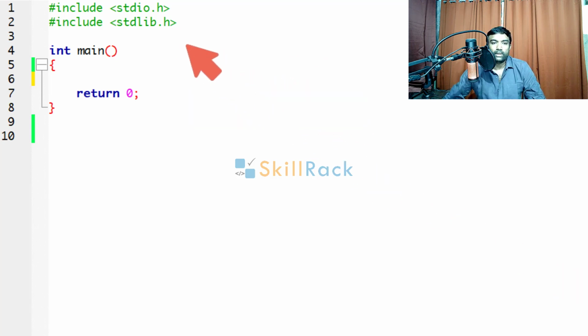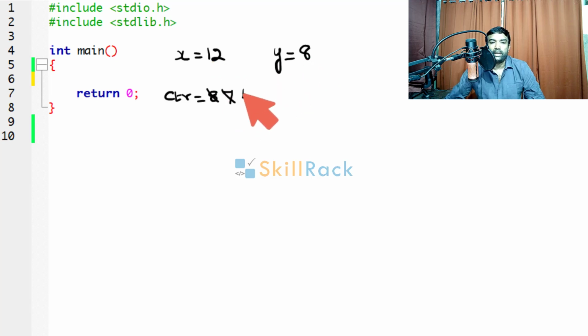Let us take one more example. So x will be 12 and y will be 8. So which is the smaller value? It is 8. So counter is equal to 8. Is 8 dividing 12? No. Then decrease the value. 7 dividing 12? No. 6? Yes, it is dividing 12, but it is not dividing 8. So decrease further. 5? It is not dividing 12. 4? Yes, it is dividing 12. Now check with y. Yes, it is dividing y also. So 4 is the HCF for 12 and 8.